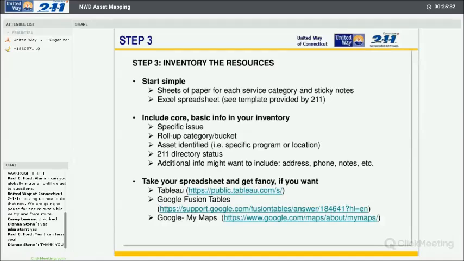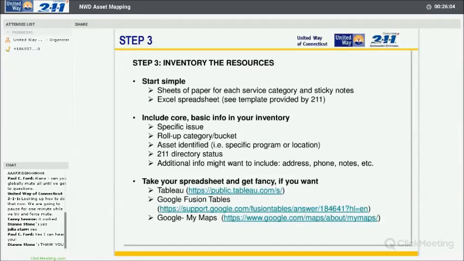But in any sort of inventory, whether you're doing it on an Excel spreadsheet or using some other tool, you want to include basic information in that inventory. So you want to include what the specific issue is. You want to include what that roll-up category or bucket is, what the specific asset is that you've identified. So what's the program name, the location, the 211 directory status we think would be important for you to identify